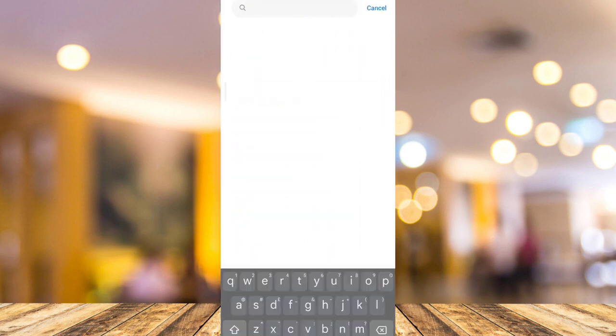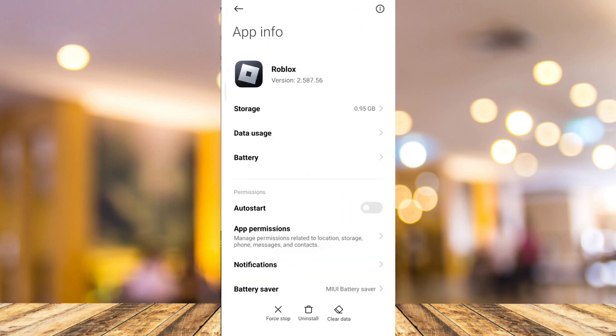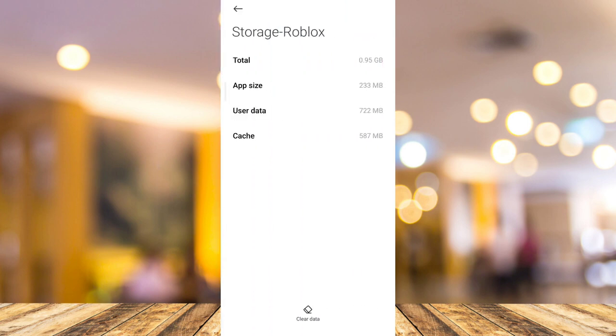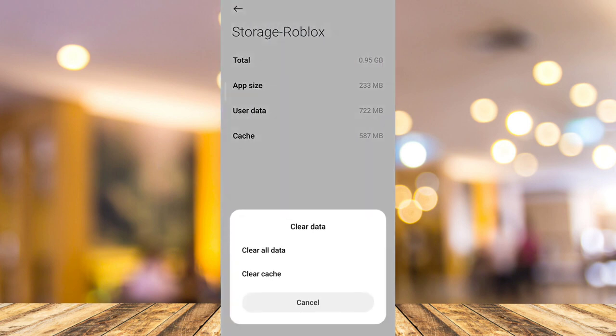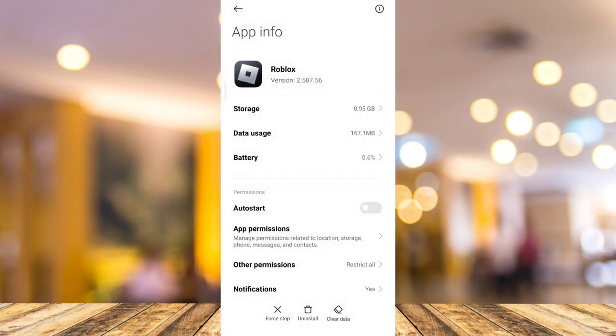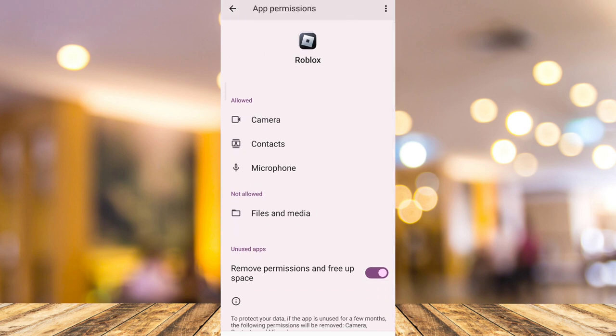And from here, go to the search box and type right here Roblox. And on this app, all you need to do is tap on storage and then tap on clear data. So you need to clear all cache and clear all data. Then once you've done clearing all cache and data, you need to go back and tap on app permissions. And from here, you need to allow all the permissions so you can use all the features on your